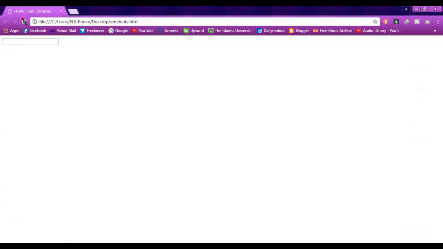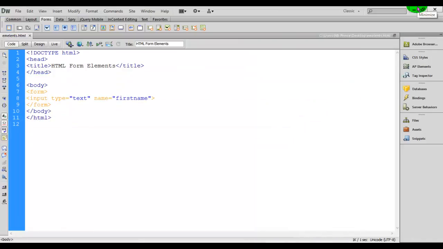Now the next element about the form elements is the select. The select element defines a drop down list.